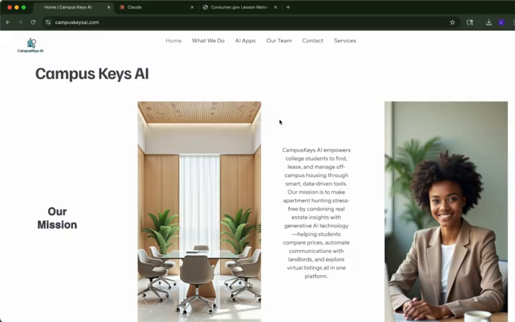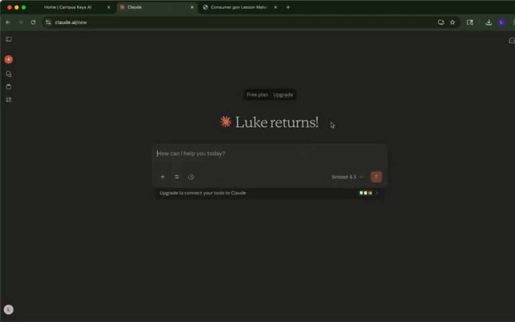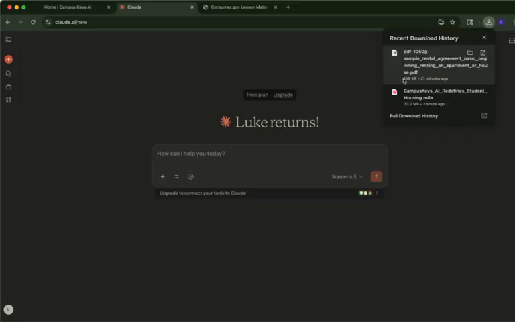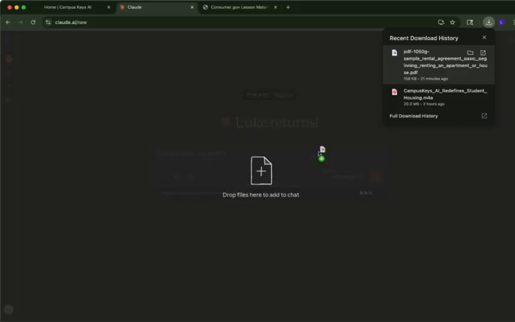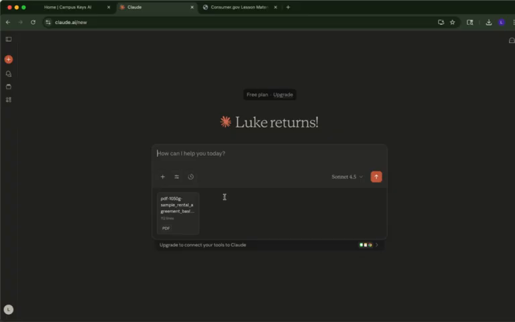So what I'm going to do is I'm going to come over to Claude AI. We are going to take a drafted PDF lease or like an example rental agreement, and I'm going to show you why Claude AI is basically, in other words, like a cheat code to understanding lease agreements. So we put in the rental lease agreement, right? And now we're going to ask Claude AI to show us